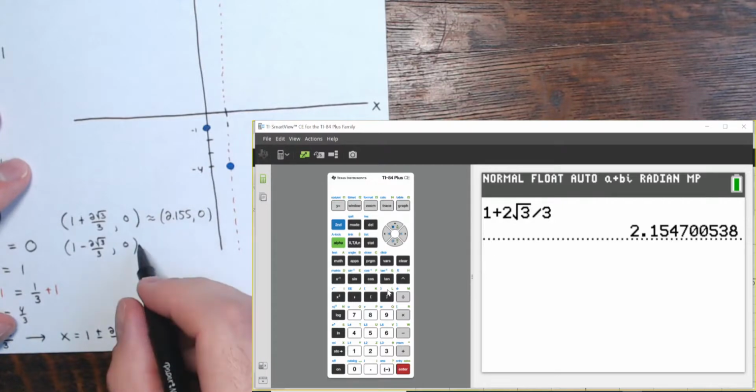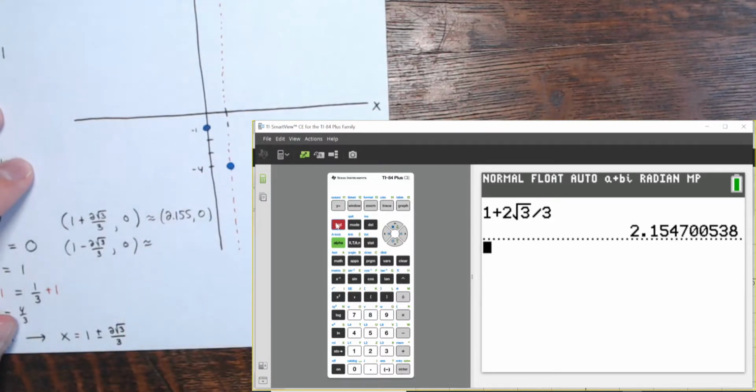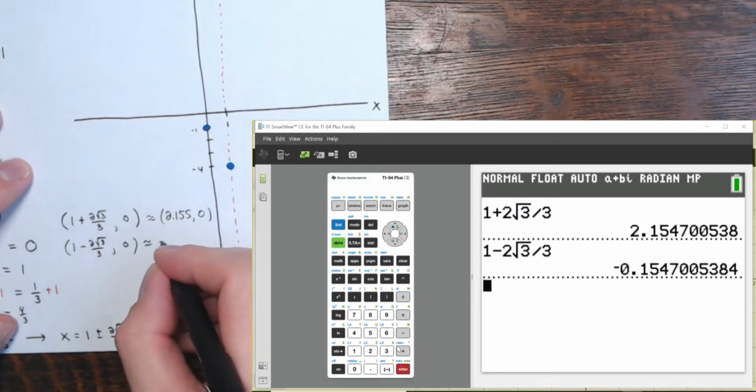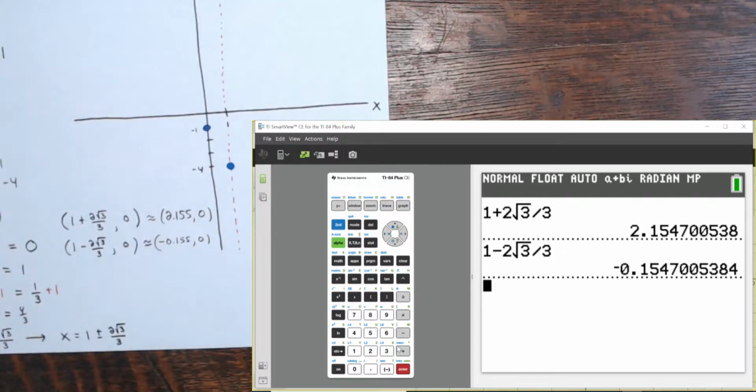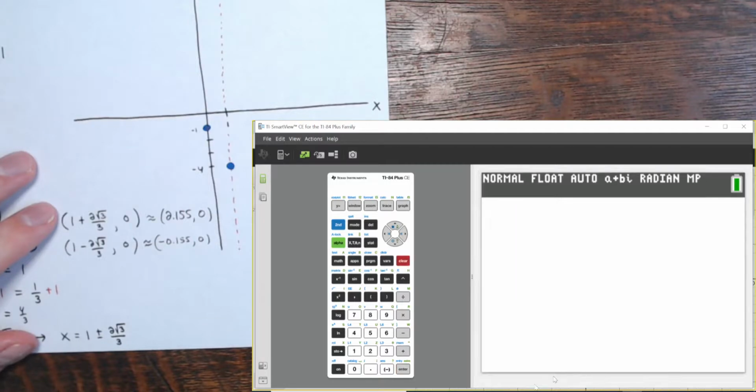Then the other one, I'm just going to do the same entry, and then change the plus to a minus. We get about negative 0.155, comma 0. Alright, cool. So I'll plot those points as best I can. I mean, they're not perfectly whole numbers or anything. But let's go back